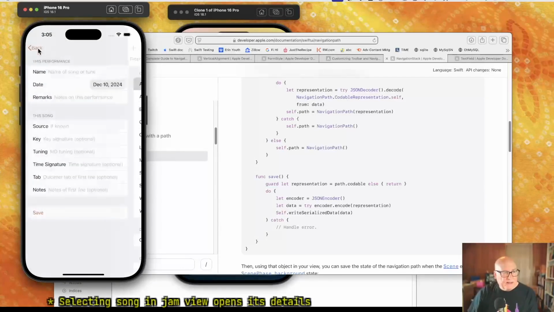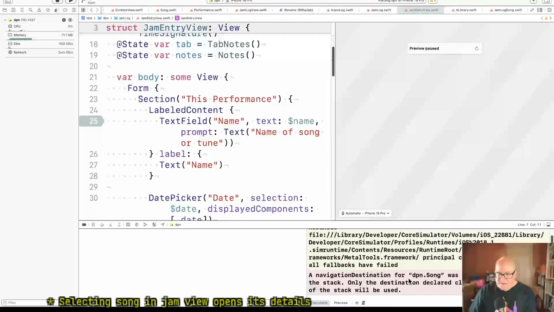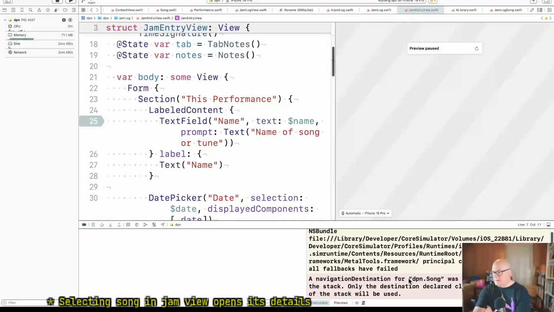And then going back, I get my entry. And I'm getting complaints, I'm sure. And navigation destination was declared earlier. If it's in the section loop, you'll get multiple navigation destination entries using the same song. Well,